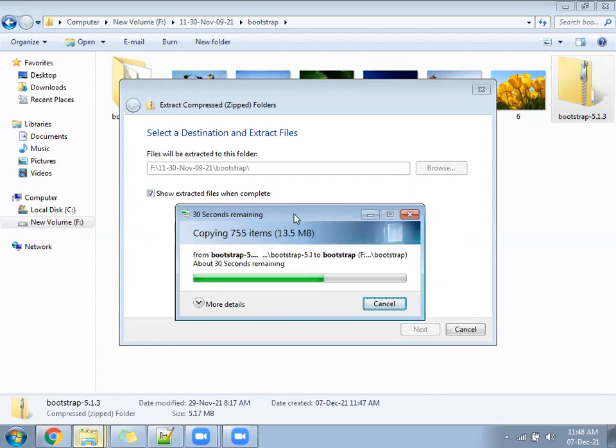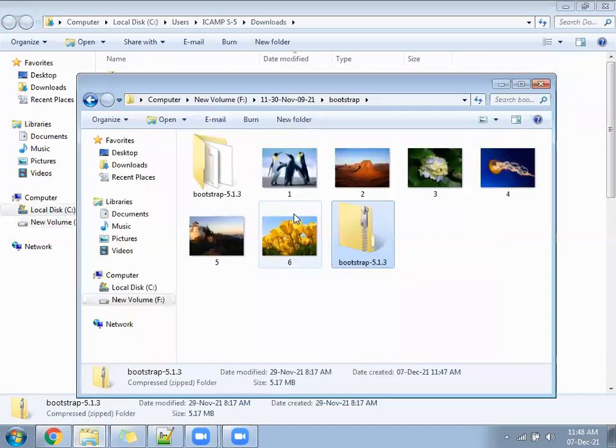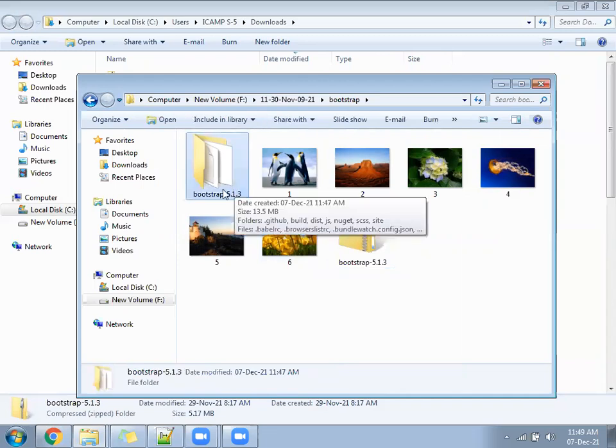Select that, and extraction will happen. Clear? Extraction is ready.